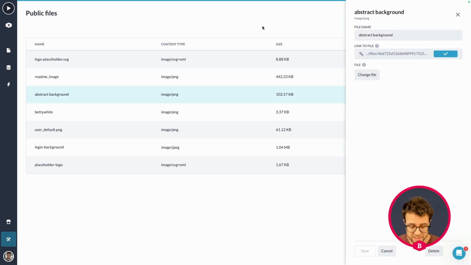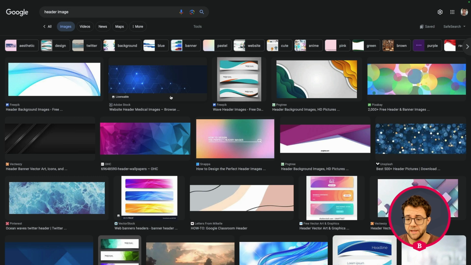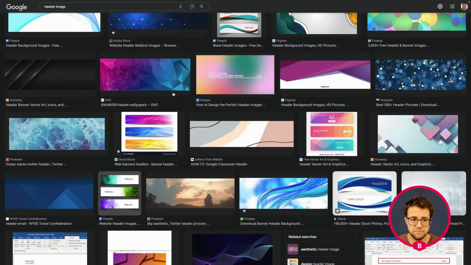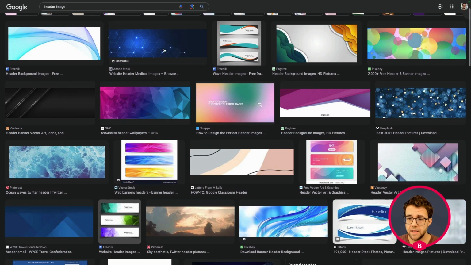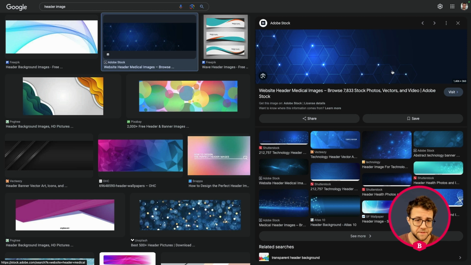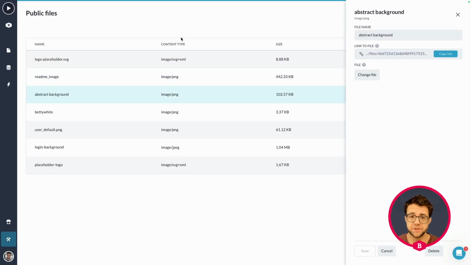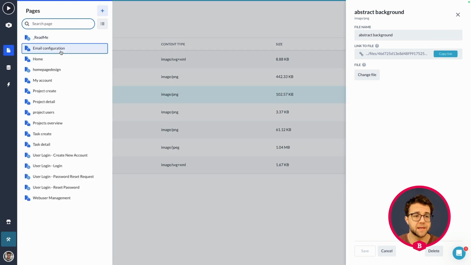And what the abstract background is, it's basically a header image. So I'm just opening up Google on what a header image is, and it's basically the big, very wide images that you see on certain websites. So look up something that matches your style, maybe something bluish to align with where I'm going. Make sure that the resolution is a little bit nice. So look at the images that you can see in Google, or maybe something your designer or a colleague will be able to provide for you. And grab the background, upload it into your public files, grab the link, and let's go back to our